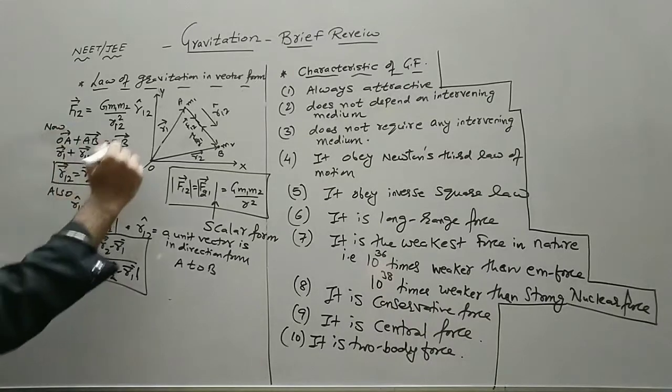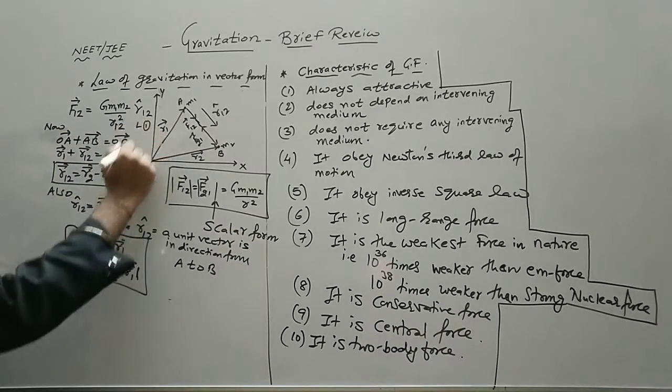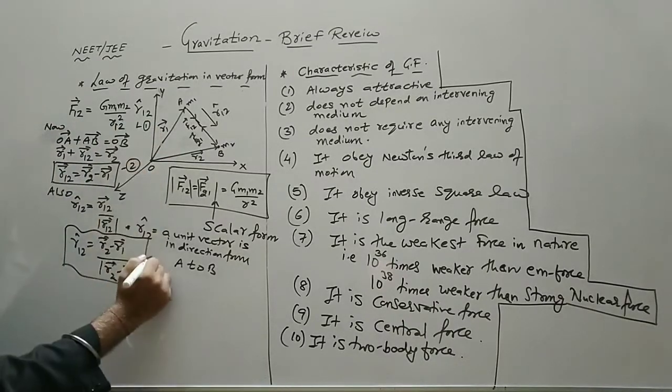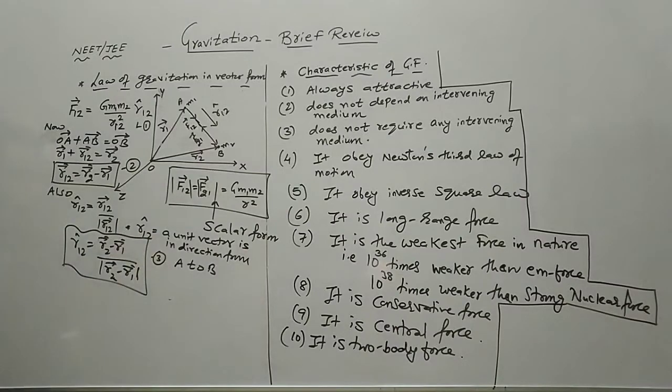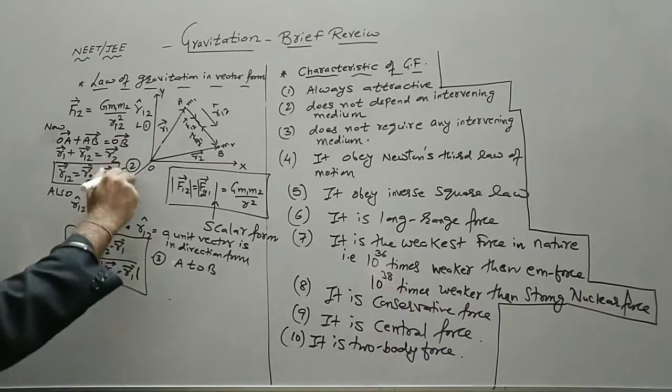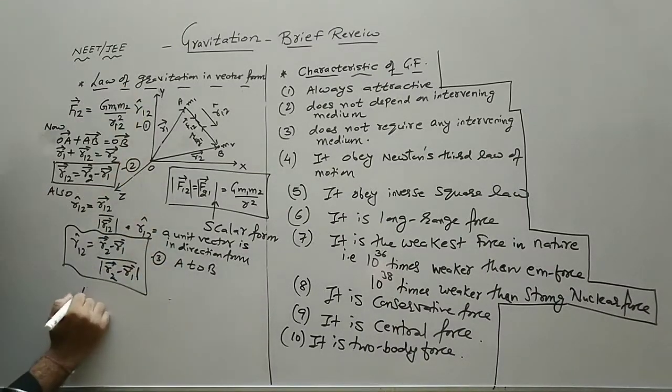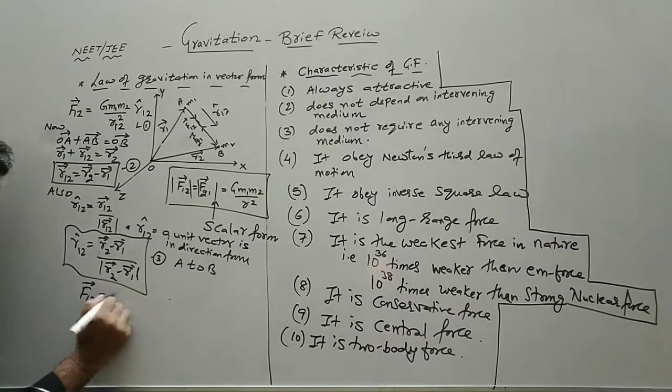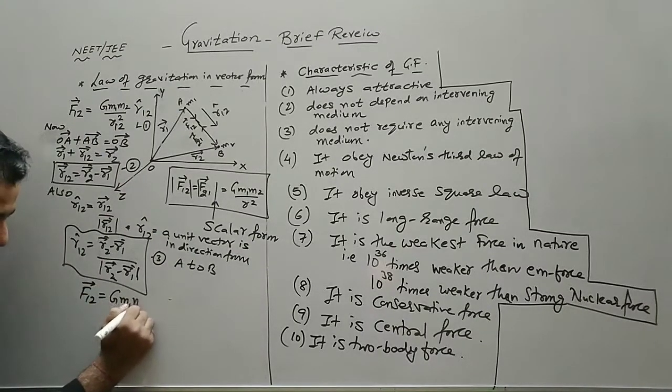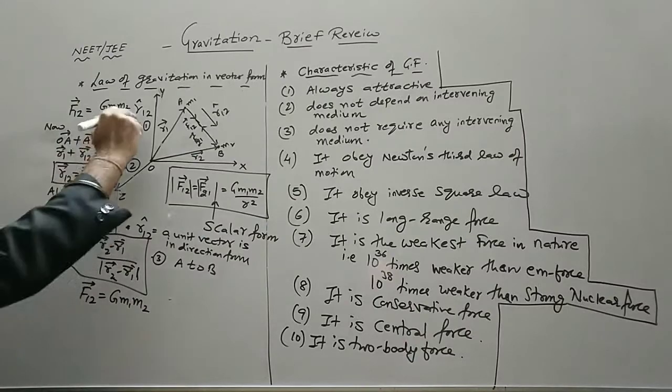So let us say this is equation 1, this is equation 2 and this is equation 3. If we substitute equation 2 and 3 in equation 1, F12 is equal to G M1 M2 R cap